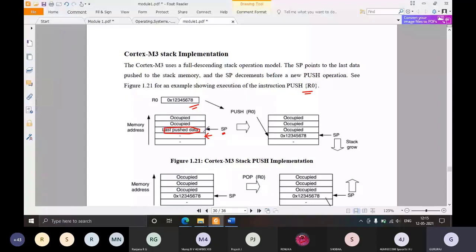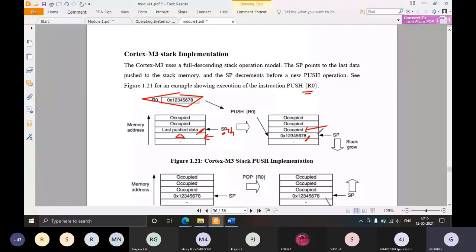That is why whenever it is a push operation, first the stack pointer is adjusted so that it will point to the free location. It should point to this location. So first SP is incremented by 4, it is plus 4. Then SP will point here, which is free. Now in this free location, the R0 data is stored, so that the previous data is not overwritten. The previous data is the same, it is not changed.